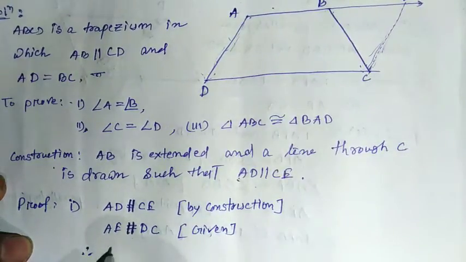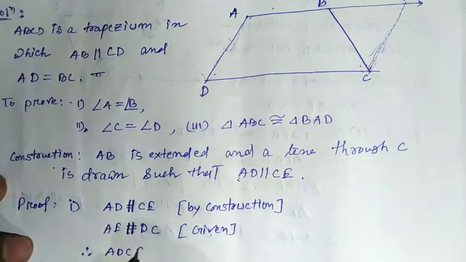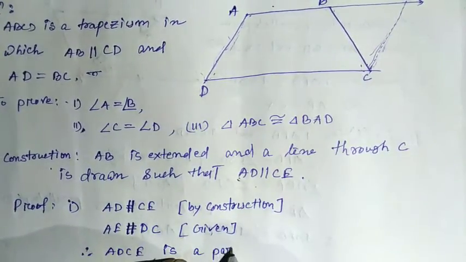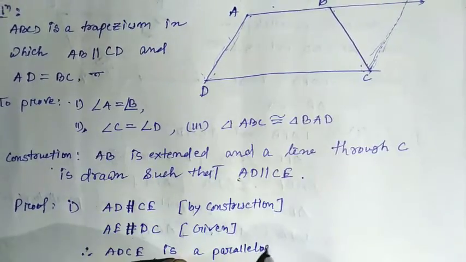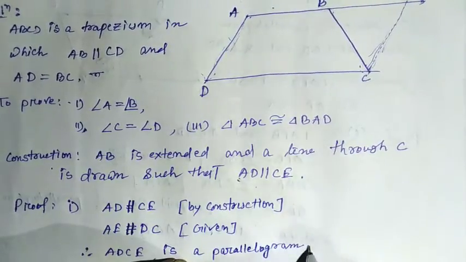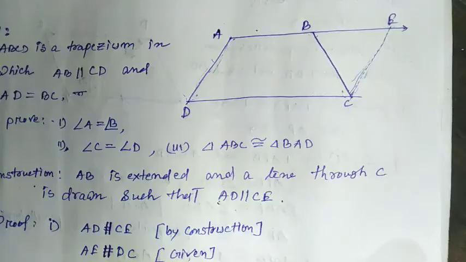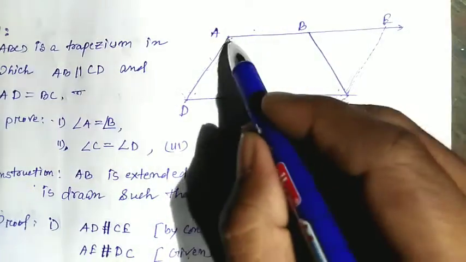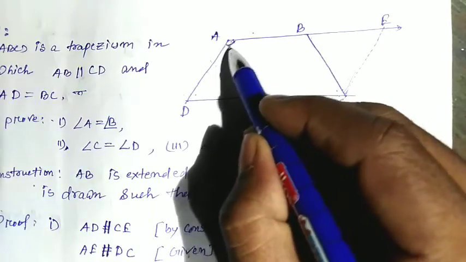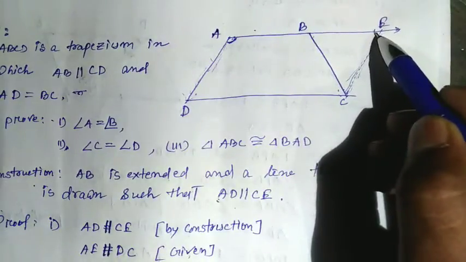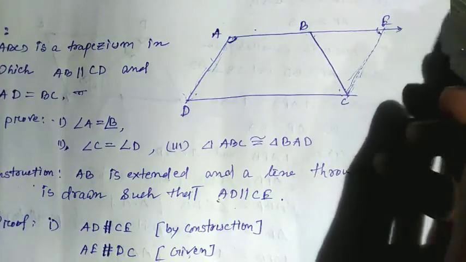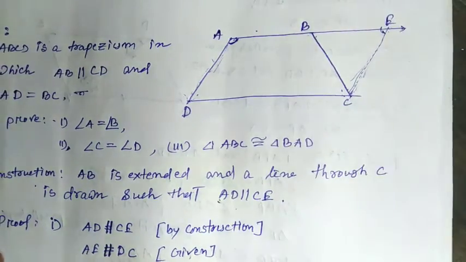Therefore, ADCE is a parallelogram. So now see, since ADCE is a parallelogram, the sum of these two angles, angle A and angle C, we can write as 180 degrees. Before that, see,